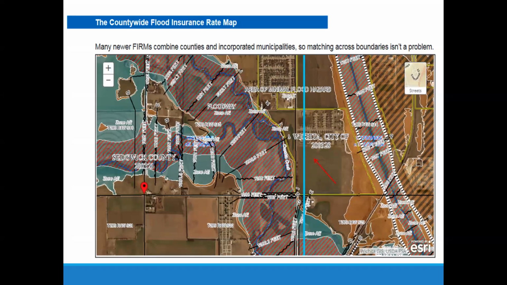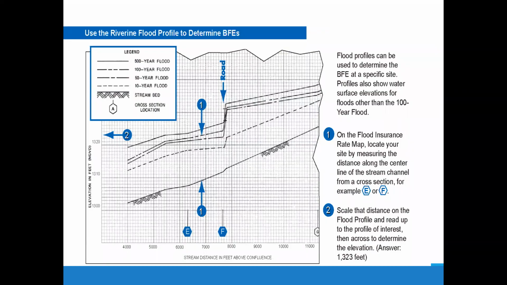And now that I've opened that door, I better show you a cross section of a flood profile from the flood insurance study book, hadn't I? All right, so this is a profile in the flood insurance study book. They generally run like this, and they show the water flowing downhill. You've got high ground on the right, lower ground on the left, and we've got 4 lines on there. And the top line is the 0.2% chance flood. The second line from the top is the 1% annual chance flood.